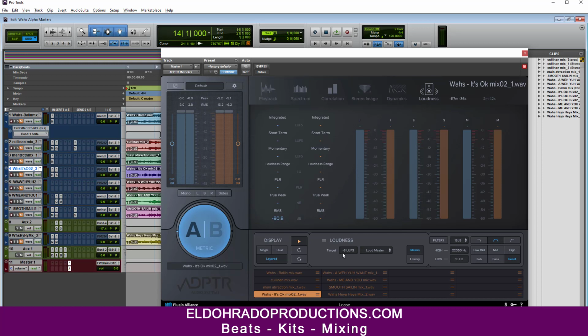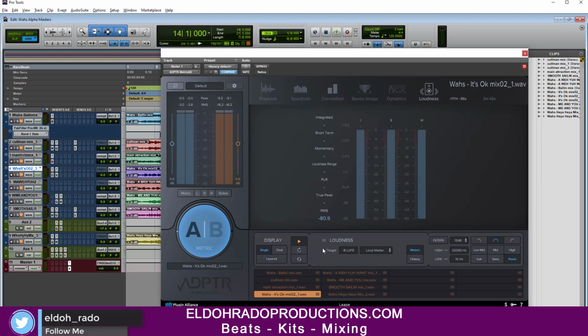I had to put it on loudness master, so I can have the integrated, short term and momentary ranges being read digitally. During mastering, especially with my short term LUFS, I don't want to be over a certain threshold, because I have to be considerate of my dynamic range and how hard I can hit